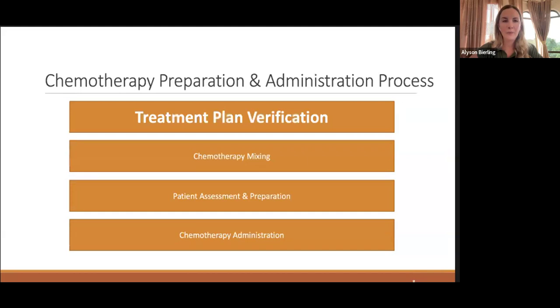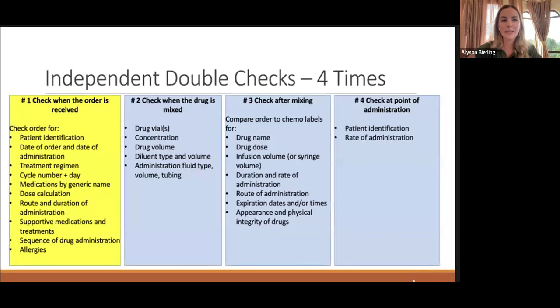All right, so we'll start with the first step of the chemo prep and administration process, which is the treatment plan verification. And so this brings us to our first independent double check. When the doctor provides the order to the nurse or to pharmacy in some contexts,